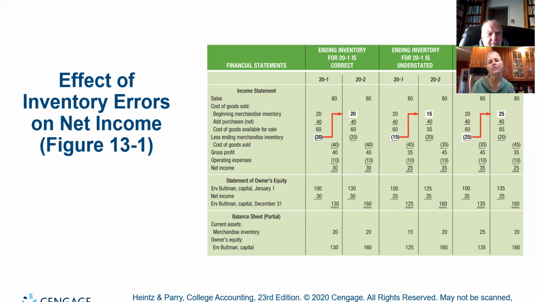Just say that happened. Say it was supposed to be 20, but you put 15 instead. And then the following month, would you then put 25? No, the following month you have to start with what's on your financial statements. You have to start with the wrong number. We're finding these errors well after we publish the inventory. Right. Okay.